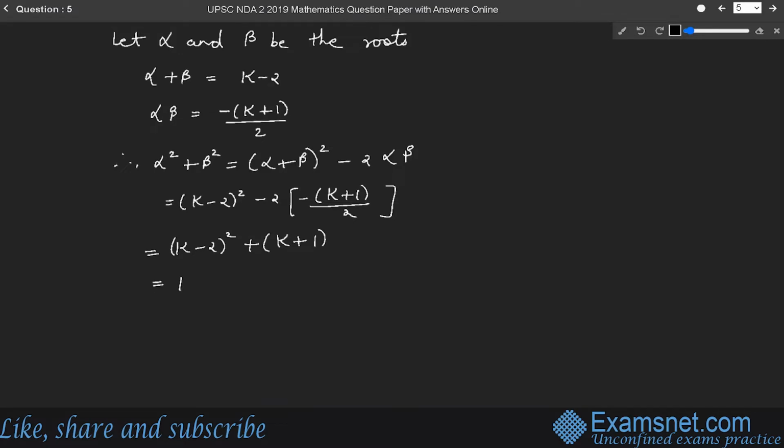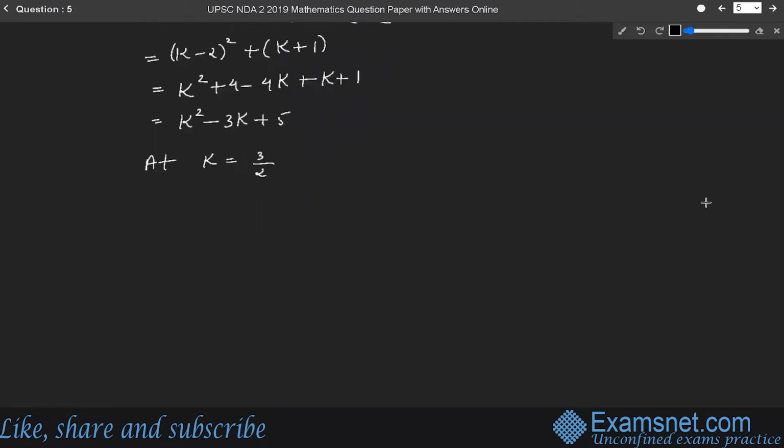On further solving, this will be k square plus 4 minus 4k plus k plus 1. So it will be equal to k square minus 3k plus 5. Therefore, we can say that the minimum value here is at k equal to 3 by 2, which can be written as